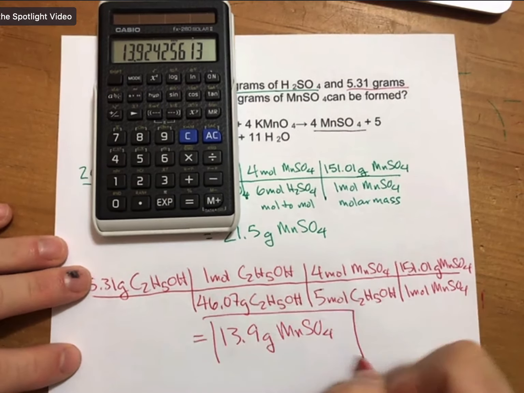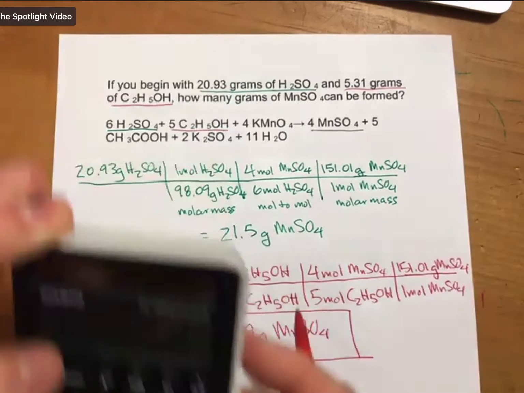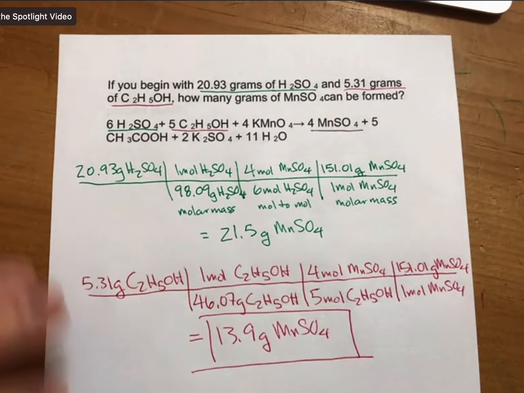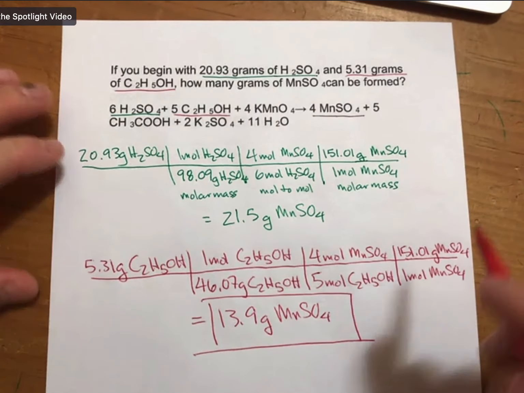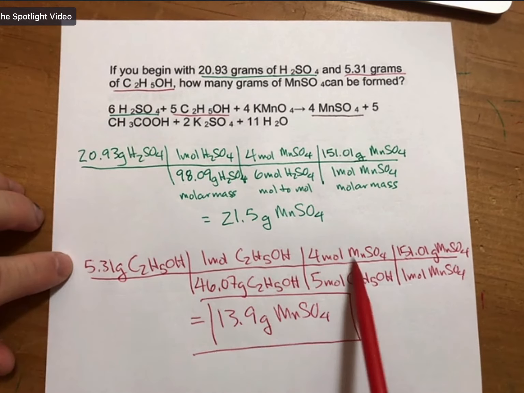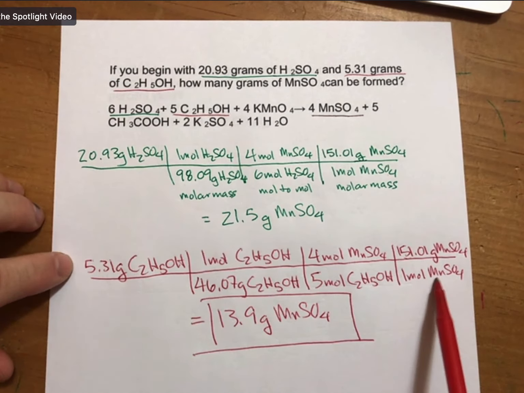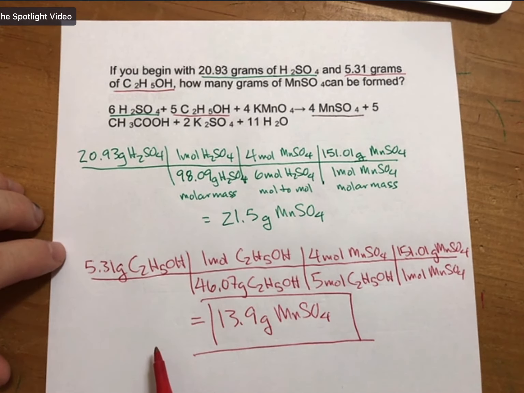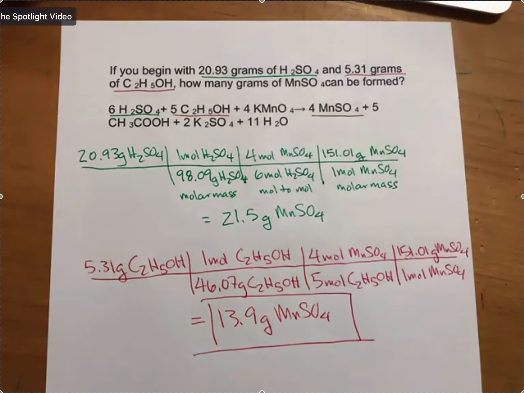And this is my smaller amount. This is the amount that I can make of product. And that is my answer for this problem. And it doesn't have to be the smaller mass, because you can see there's a lot of math going between the masses that you start with and the product. Just so happened to be the smaller mass here, which I guess makes sense now that I look at it. Any questions about